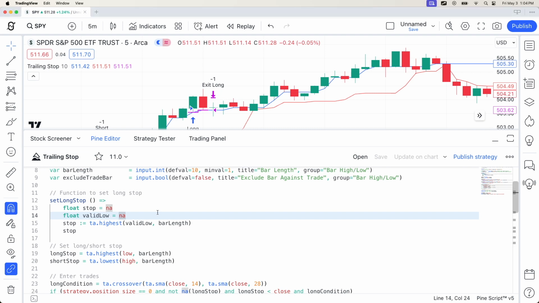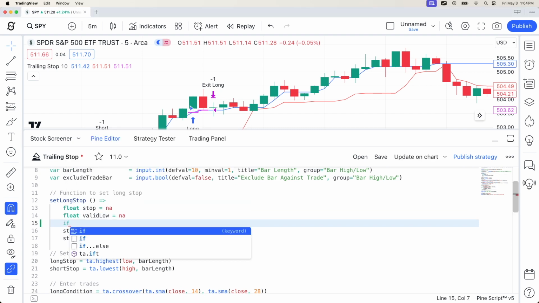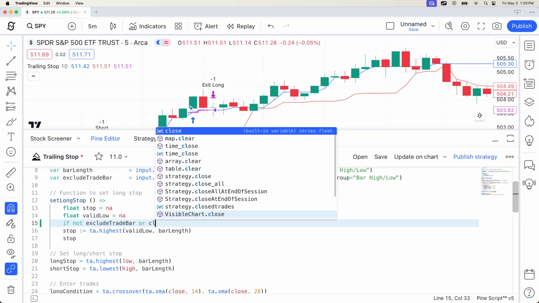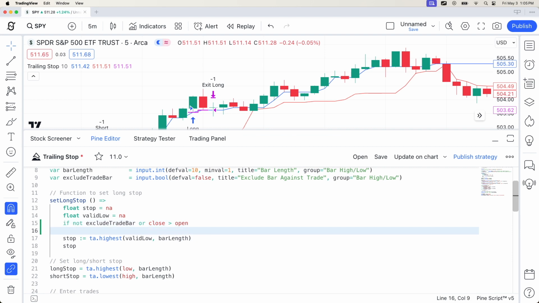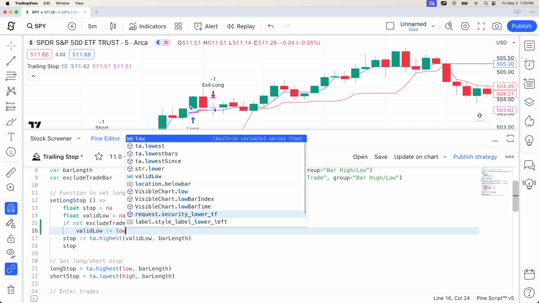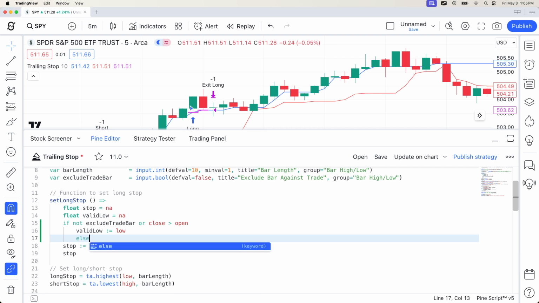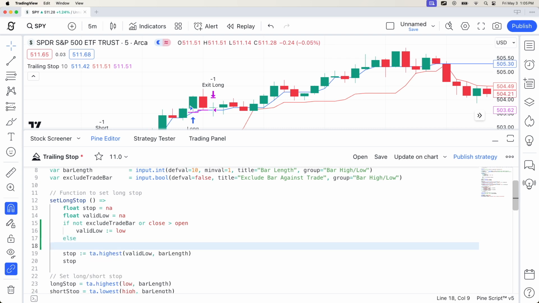And now our condition for valid low will be: if not exclude trade bar or green bar, so close more than open, in that case, valid low will be equal to the low of the bar. Else, valid low would be equal